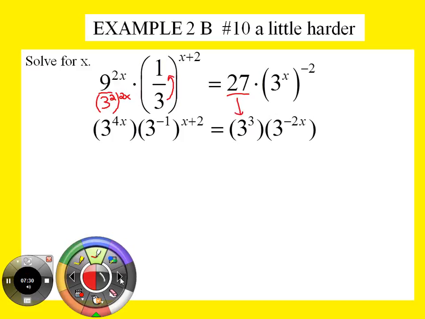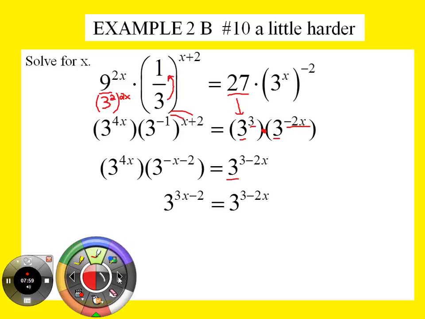All right, next step. So now the only thing I did over here is I kept the 3, and then just added the exponents. So when you're side by side like this, you keep the base, you add the exponents, so 3 minus 2x. Then over here, I distributed, because those were power to a power, so you multiply the exponents. All right, so next step,